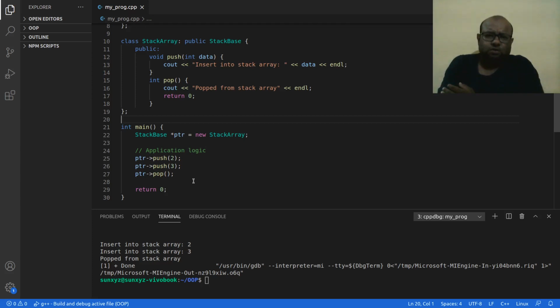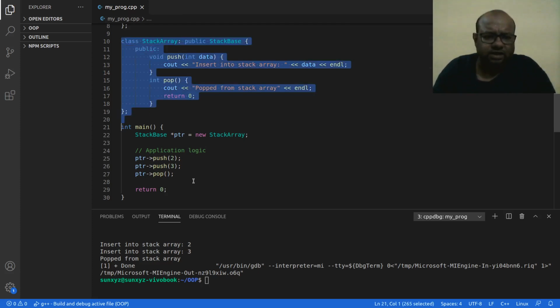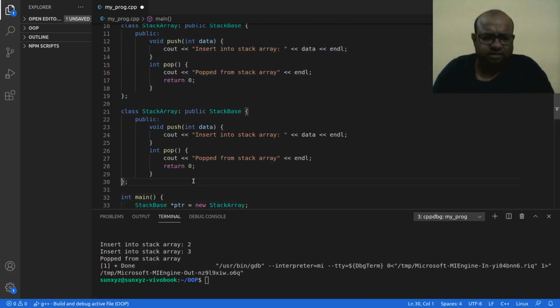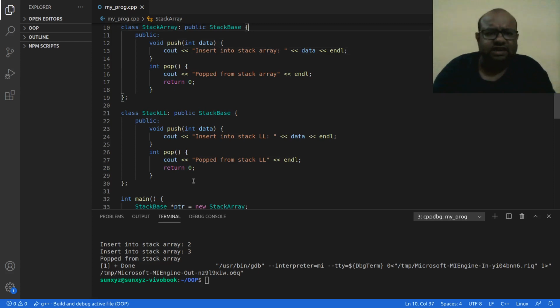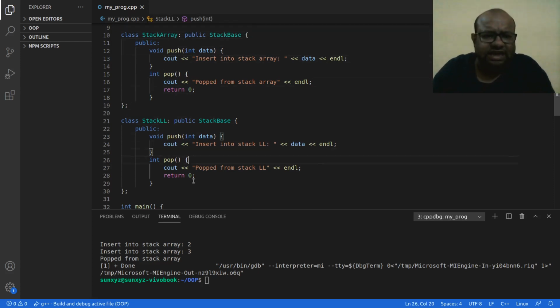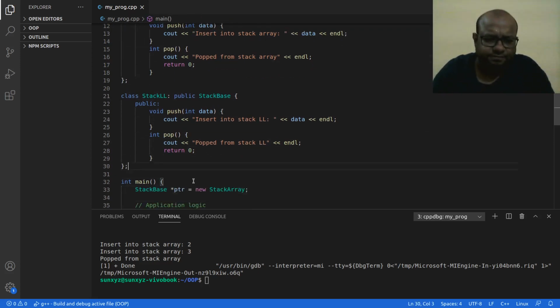Someone comes up and gives you a stack implementation using a linked list. Okay, so let us create that, and let me call this stack linked list. So insert into stack linked list the data, and this is pop from stack linked list. So I have now two classes that inherit from stack base. One is stack array and one is stack linked list.